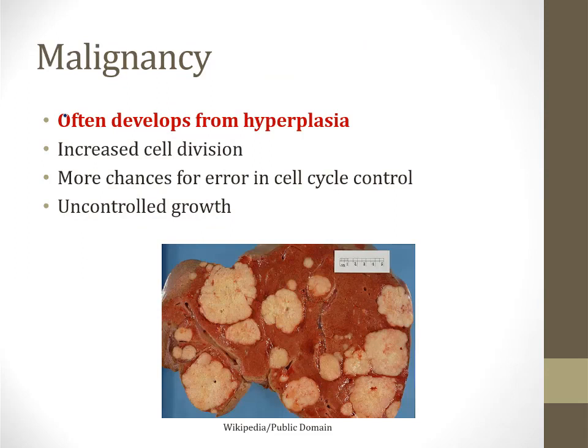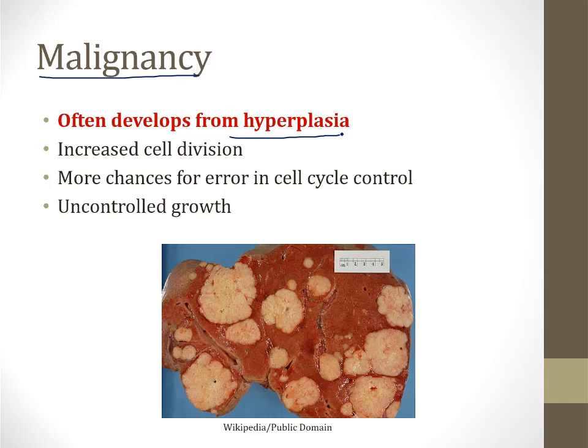One of the basic principles of pathology is that anytime you have cells that are rapidly dividing, this can lead to malignancy, and this includes in the setting of hyperplasia. The reason for this is that anytime cells are dividing, they are copying their DNA, and every time they copy their DNA, there's a small chance of an error. If that error leads to a genetic mutation that gives the cell immortality and allows for uncontrolled cell growth, that